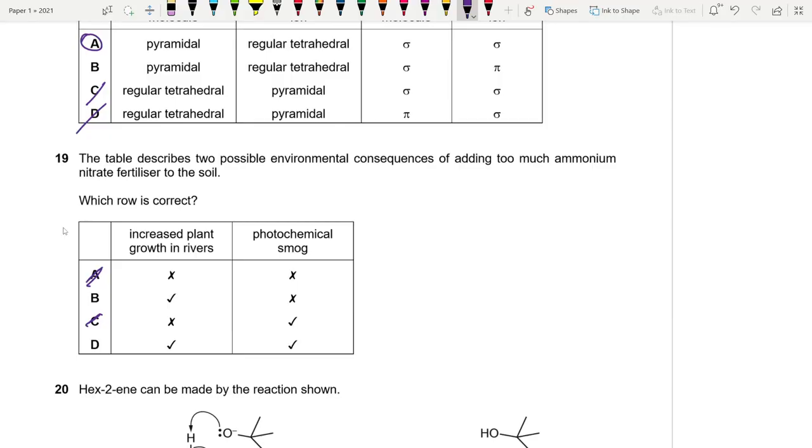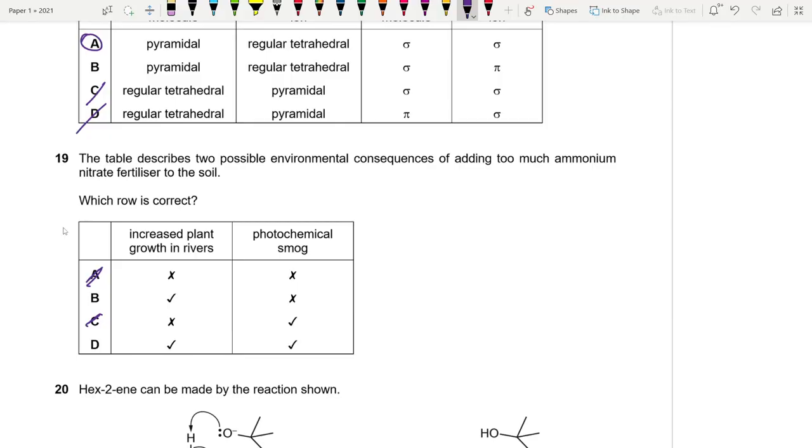So about this, what do you know about photochemical smog? Basically, photochemical smog is a mixture of pollutants that are formed when nitrogen oxides and volatile organic compounds react to sunlight, creating a brown haze above cities. Okay,